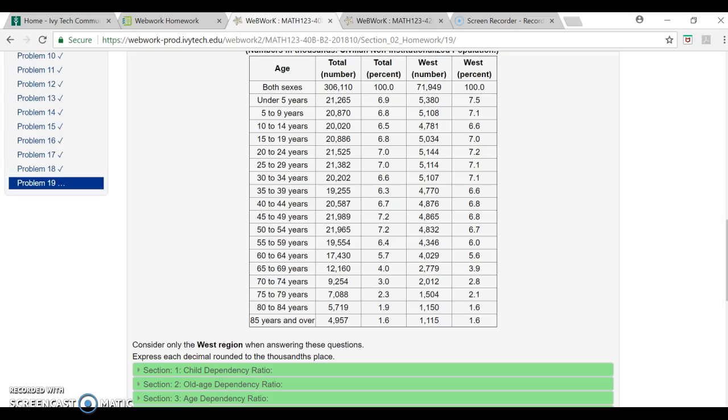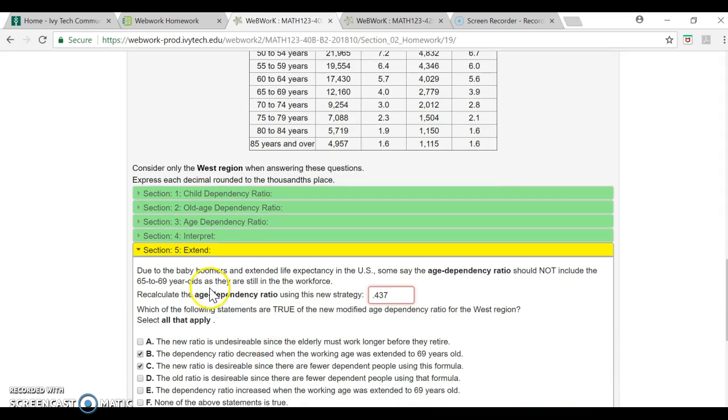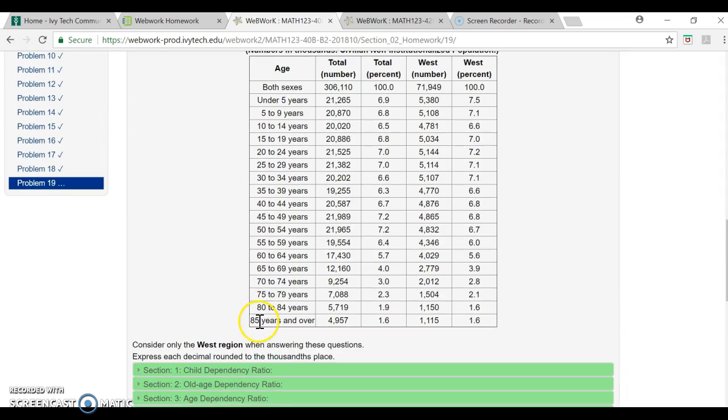Okay, so for part 5, you're changing the age dependency ratio, right? Age dependency. Okay, so you're still dealing with children, right? So you have for the dependents,